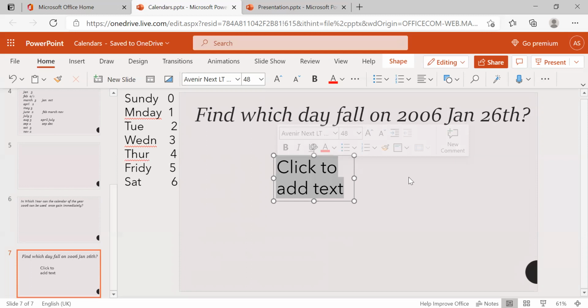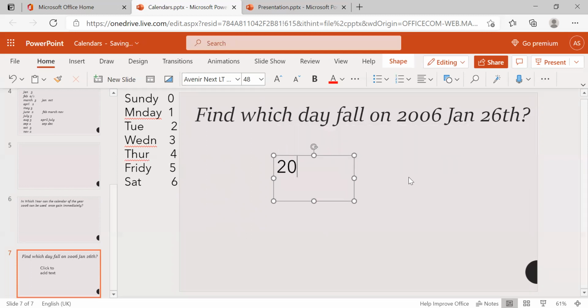2006 is not completed, right? They are asking about 2006 January 26th. That means 2006 has started, not completed. If completed, then we would have to add that odd day also. But we need to find up to 2005. Do you understand why I'm finding 2005?